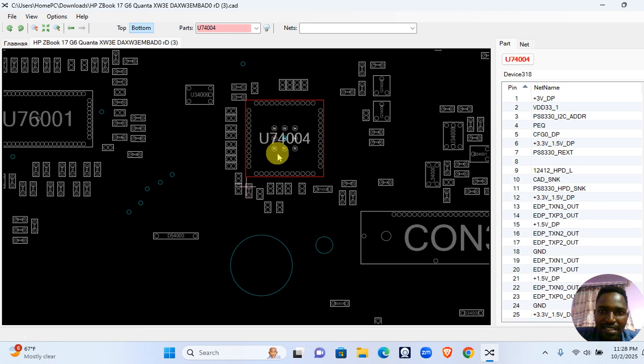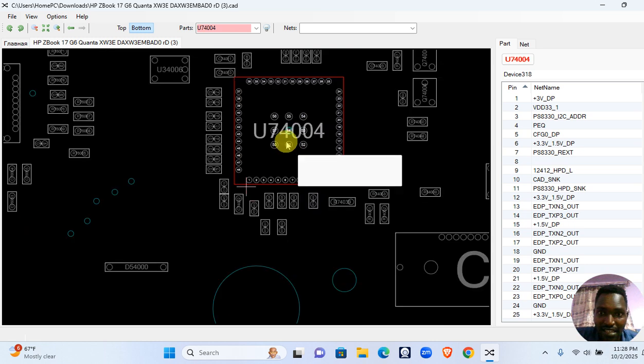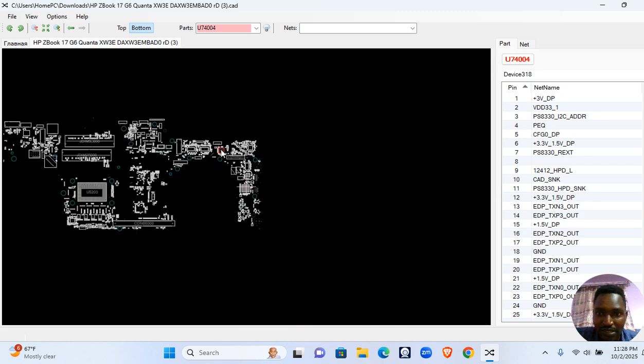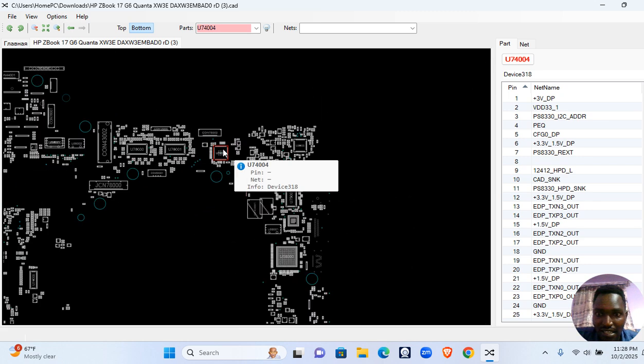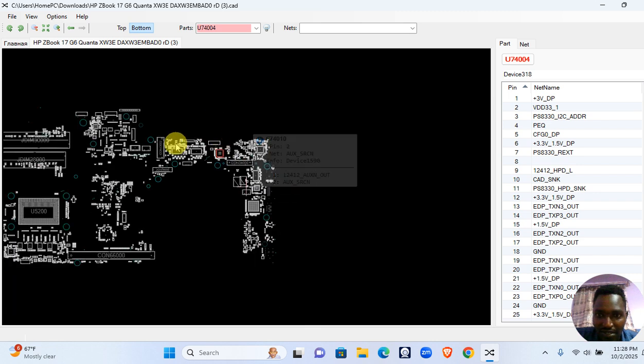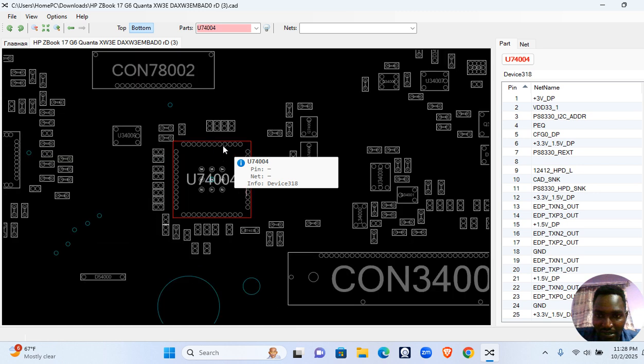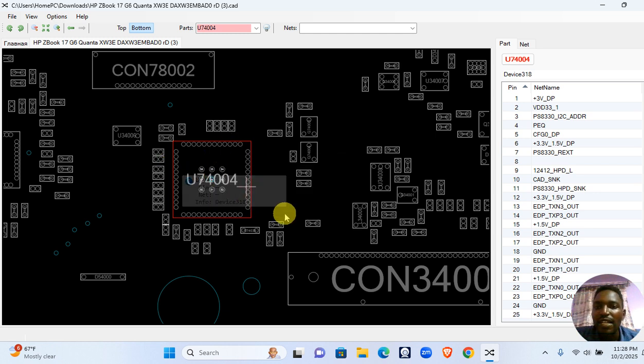You see the IC. So this is the IC. I just zoomed in. You see, when I zoomed out, you can see the location of it. It is somewhere at this neck of this board. You see, I have a neck here. You will excuse me when I call this one neck because yes, it's a neck. Then this IC,